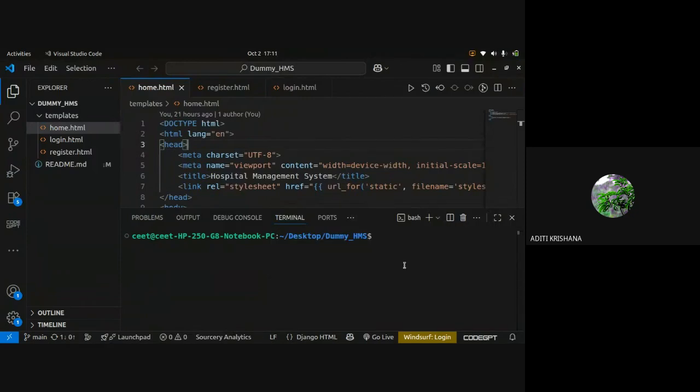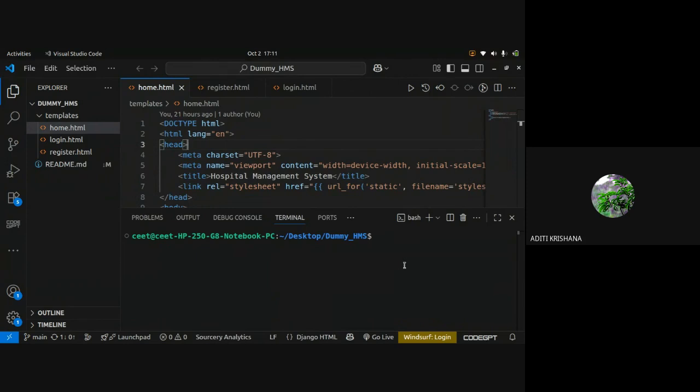Keep one thing in mind: the terms we use for any functionality are the only thing that changes. For example, right now you are creating new users, so it is called registration. If you are creating a new appointment, it will be known as appointment creation.